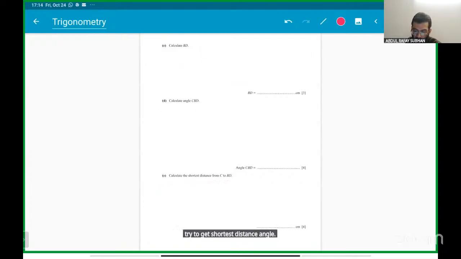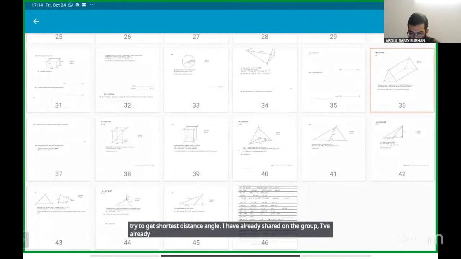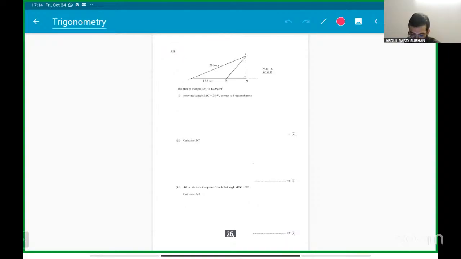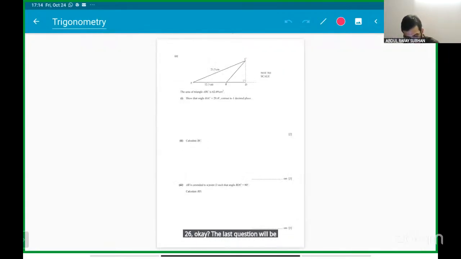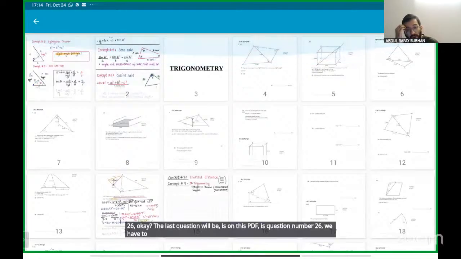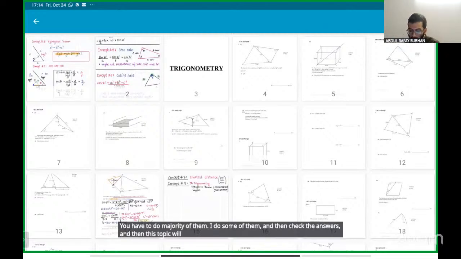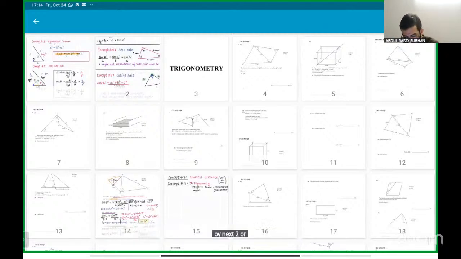I have already shared it on the group, before the start of class. Make sure you do maximum questions. We have to reach question number 26, the last question on this PDF. You have to do the majority of them. I'll do some of them and then check the answers, and then this topic will finish. By the next 2 or 3 sessions, we do more classes on that, and then